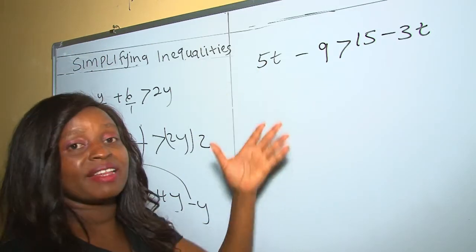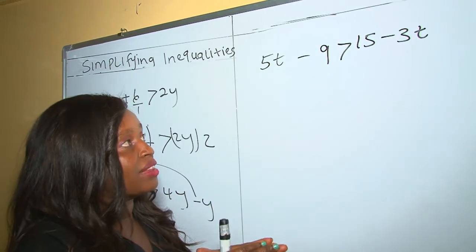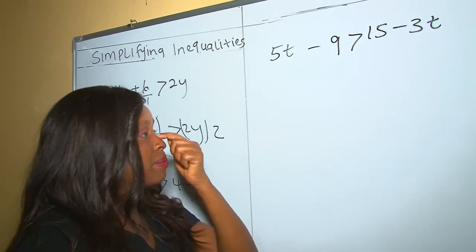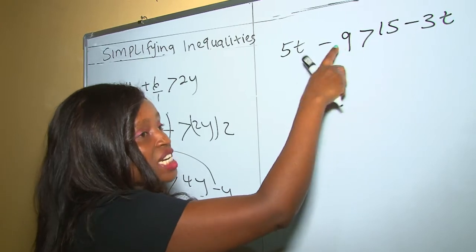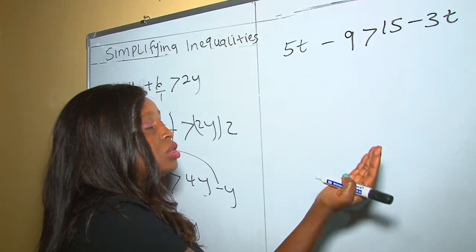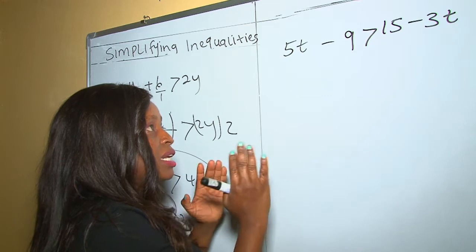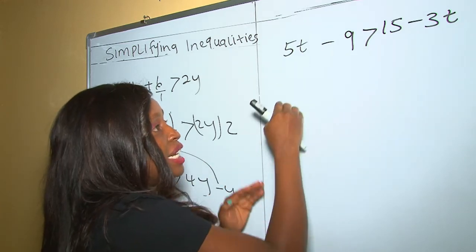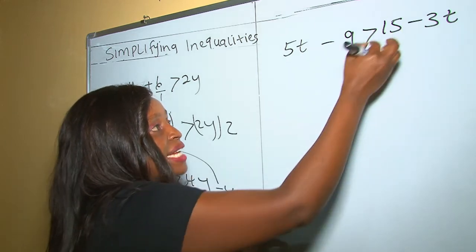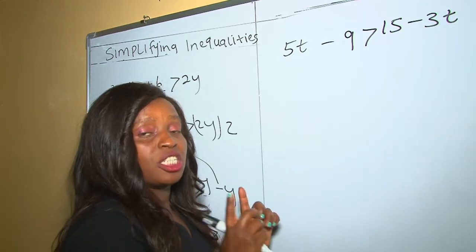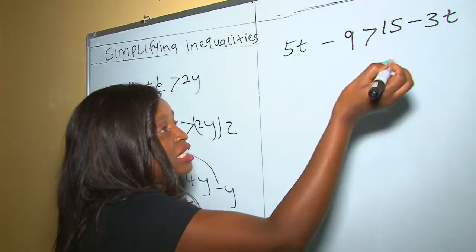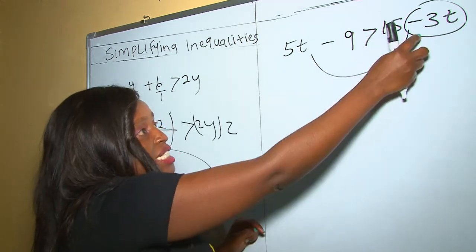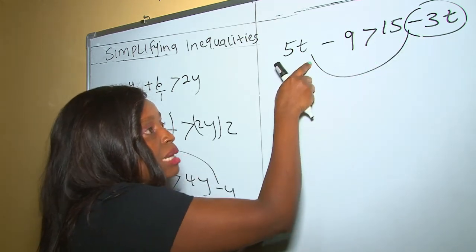In this question, we need to identify the like terms and we put them together, bearing in mind that the symbol should remain the same. Our symbol here shows greater than. So when you're working out either on the left or right, let the symbol remain to be greater than, just the way it is. So let's put like terms together and avoid negatives as much as possible. So to avoid negative, I bring my -3 here on this side. It was taking away. When it comes this side, it becomes addition.